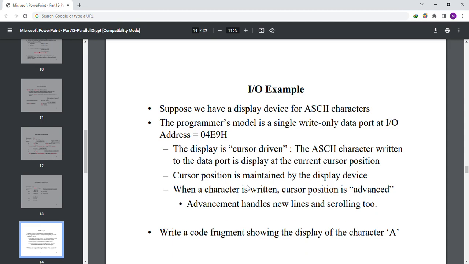Suppose we have a display device for ASCII characters. The programming model is a single write-only data port at IO address A04E9H. The display is cursor driven: the ASCII character written to the data port is displayed at the current cursor position. Cursor position is maintained by the display device. What character is written? Cursor position is advanced. Advancement handles new lines and scrolling. Write a code fragment showing the display of character